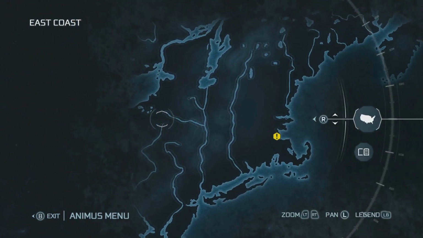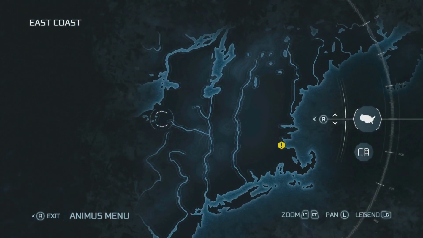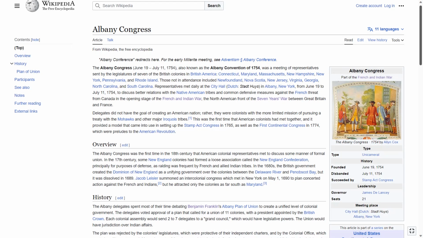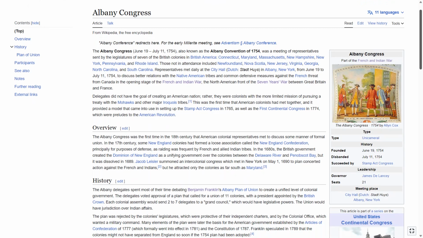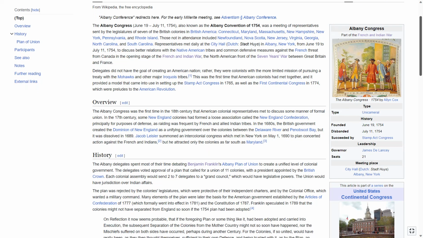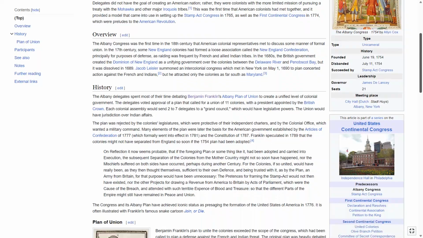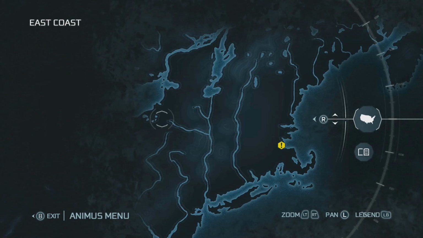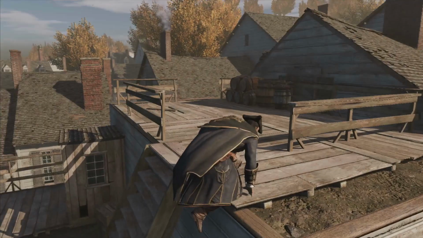The Albany Congress. This is an actual historical event that did occur at this time, so that's great news, first of all. Between June 19th and July 11th, 1754, delegates from 7 colonies met at City Hall in Albany to discuss, just as the Herald says, potential agreements with the Mohawks and other major Iroquois tribes. The delegates included men from Connecticut, Maryland, Massachusetts, New Hampshire, New York, Pennsylvania, and Rhode Island, and they met daily